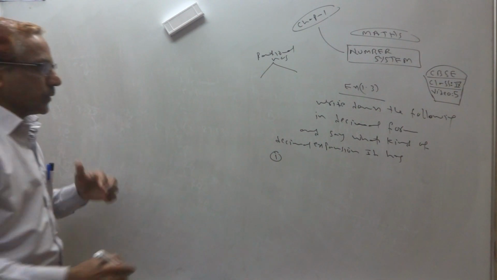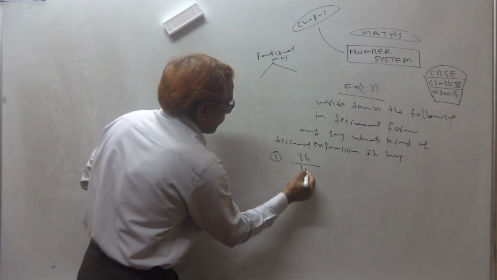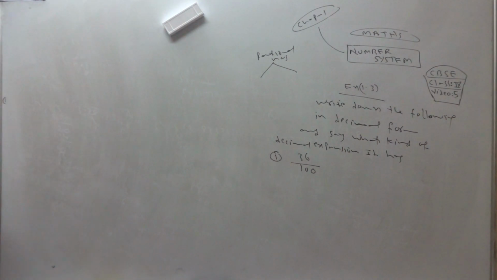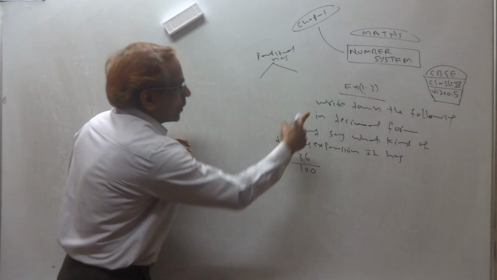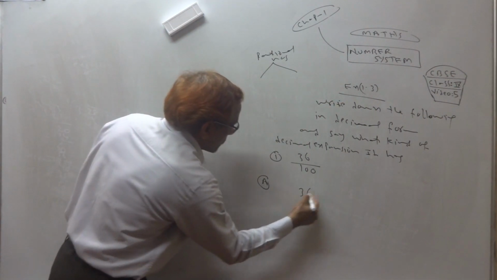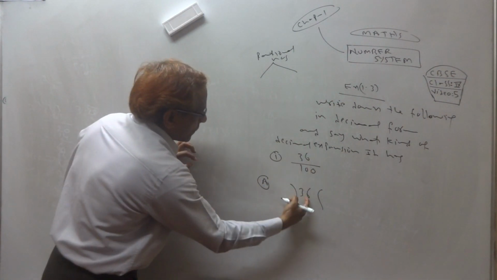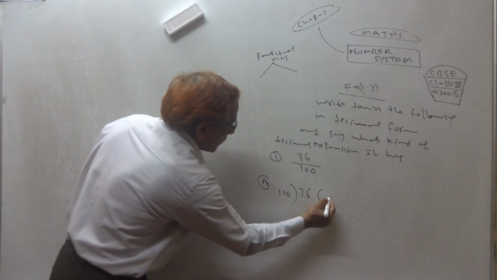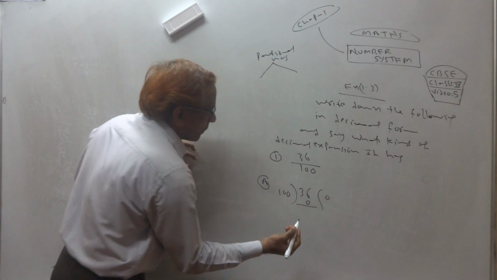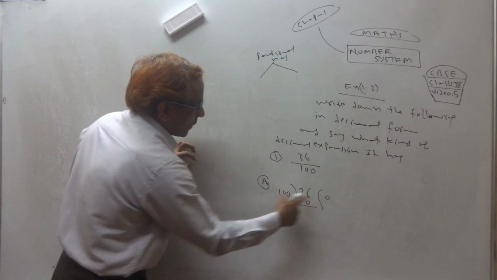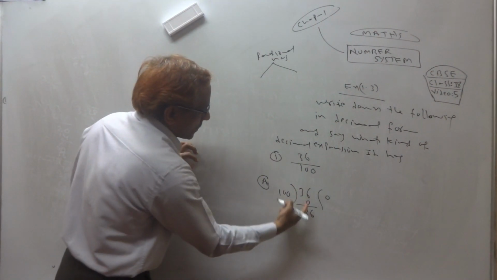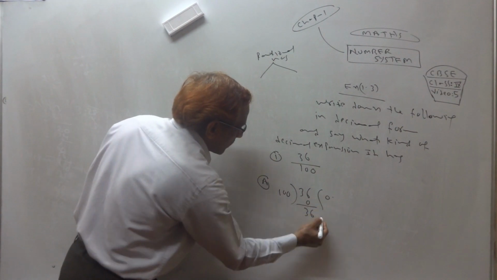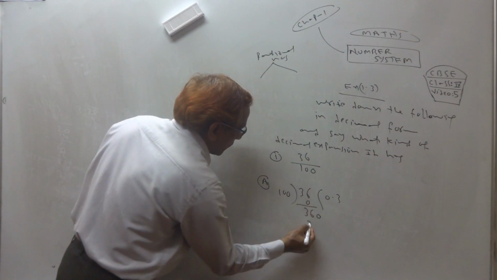So all these questions are of rational numbers. First question, you see, 36 by 100. So 36 divided by 100. Give the decimal form. We start. 36 divided by 100. 100 zeros are 0, because this is a small number. 100 zeros are 0, so 36 left. 36 minus 0, 36. Now I can put decimal and 0. 100 threes are 300.